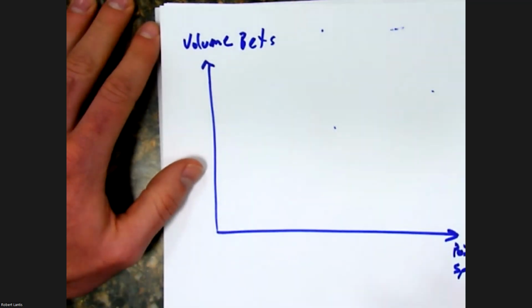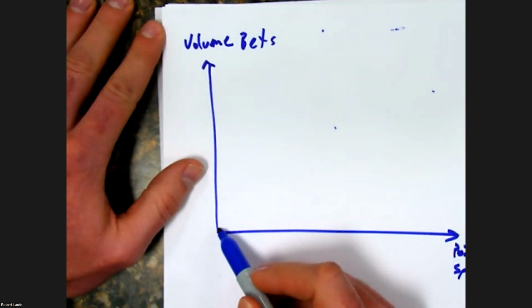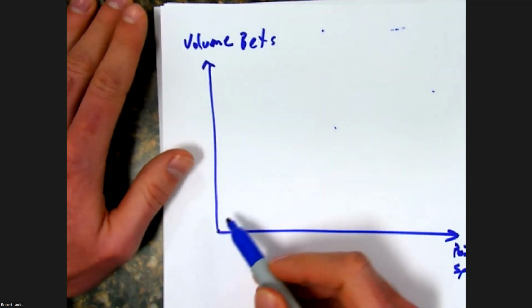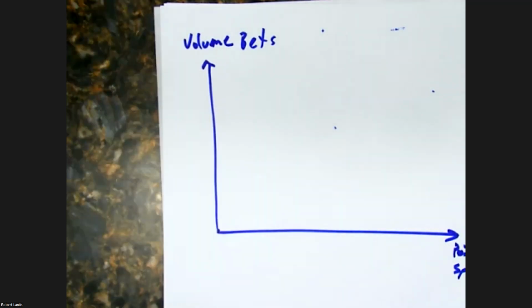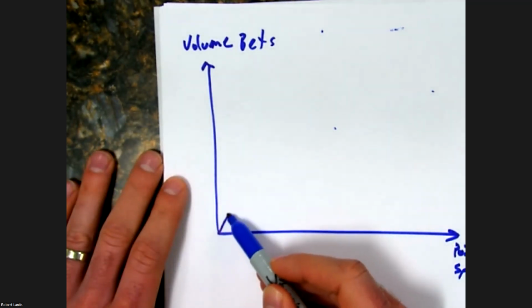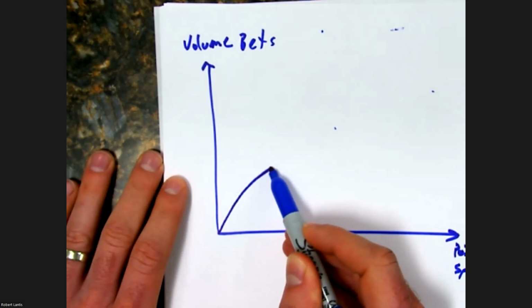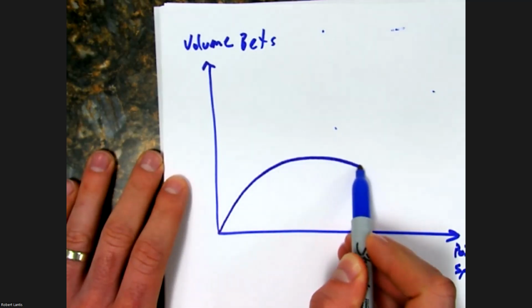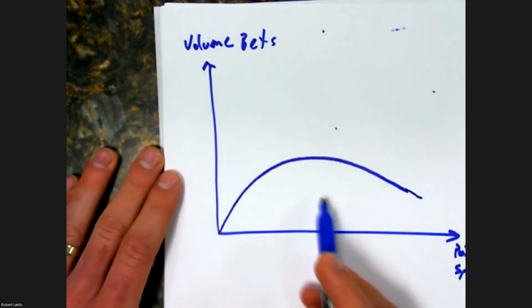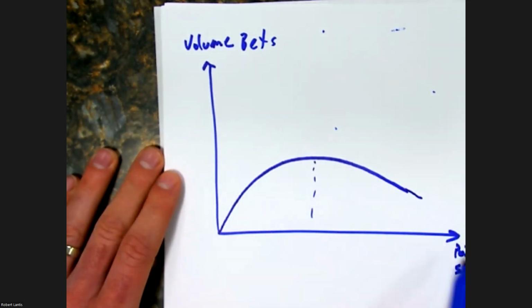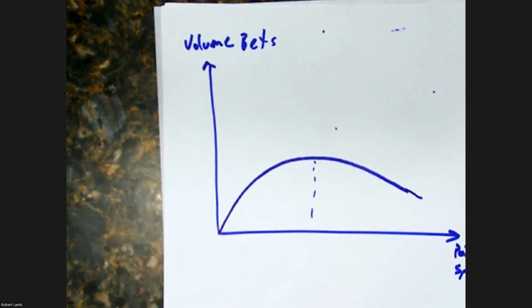As that point spread gets wider, people think the game is more likely to be a blowout, and even though the point spread is larger, they're still more likely to put money on it, right? So we actually see this increasing relationship, but then it starts doing so at a decreasing rate. It could even be that at some point the volume of bets starts to decrease as that line gets higher.